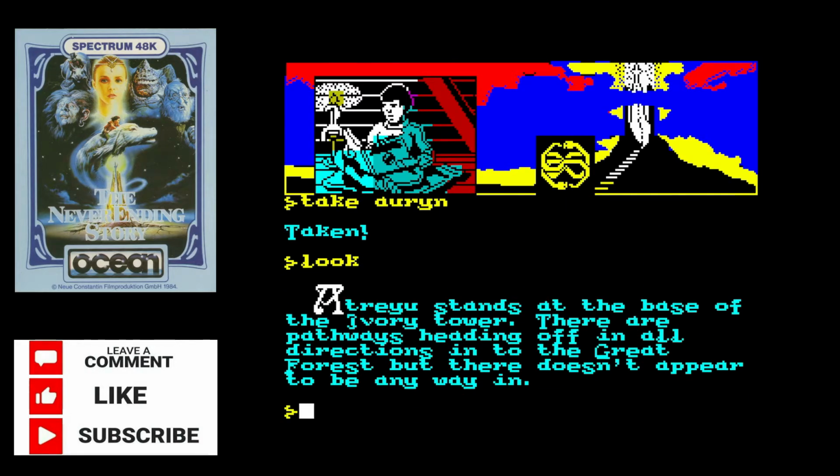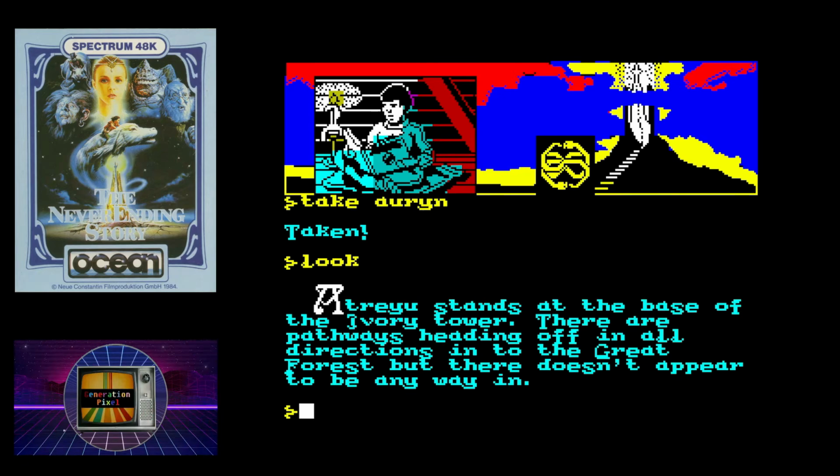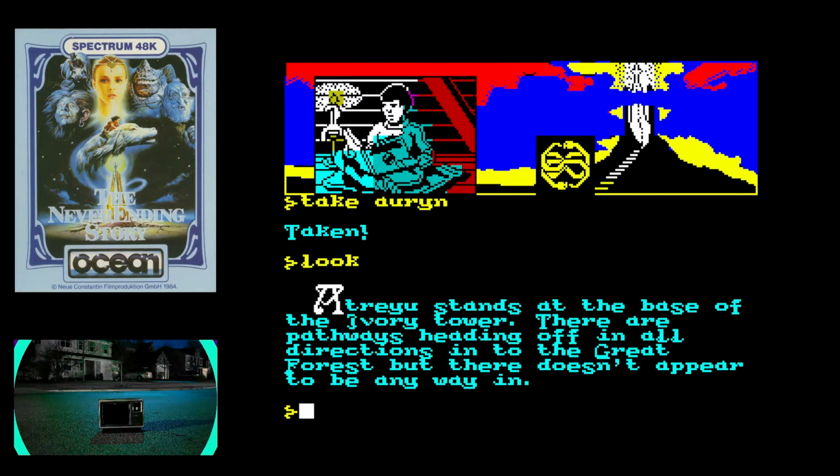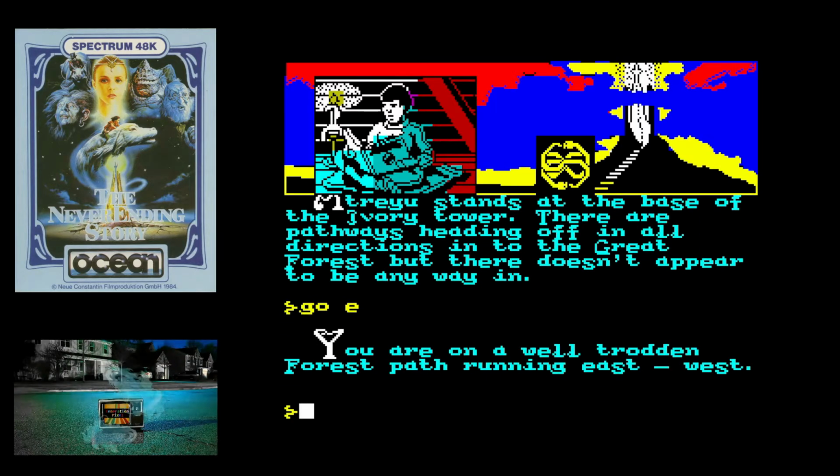And on the surface of it, these games looked quite easy. But as I said before, these games could have you stuck for hours just trying to get the right string of characters to perform the correct action or find the right item, talk to the right person and say the right thing. There were so many options despite such a limited vocabulary.